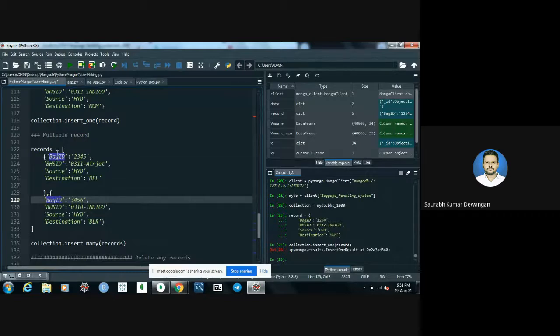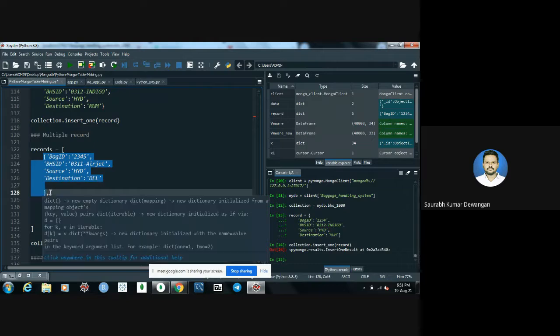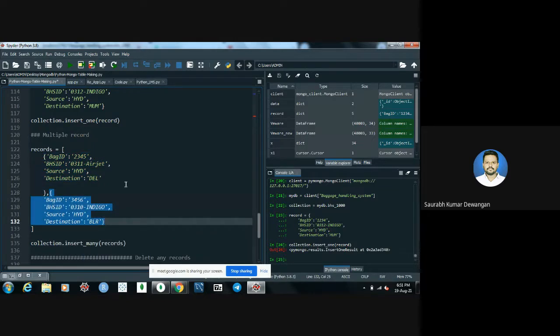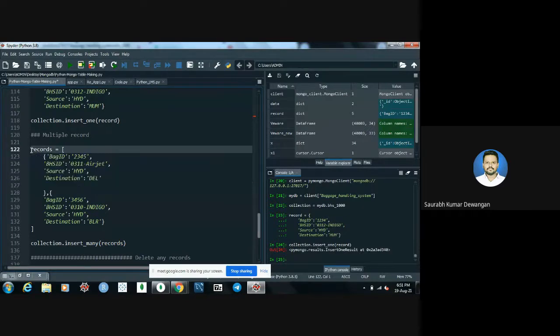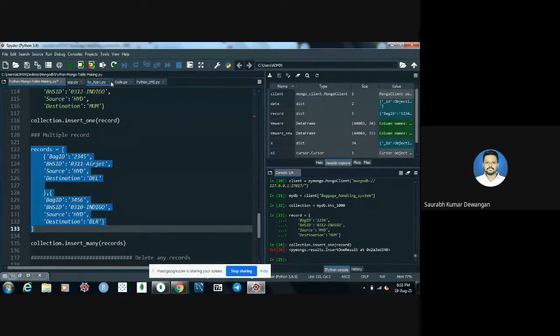For that we have to give each dictionary inside a list. Okay, list format, square brackets. So we have stored one record here. This is another record. Bag ID we have mentioned, BHS ID, source, destination, right? We are inserting two records here. Okay, so let me run this one,